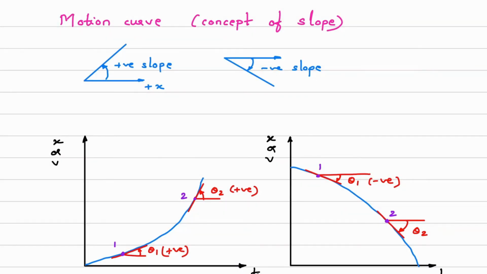So first we will see the concept of slope. When the x-axis is given, we have the positive x-axis and a line has been given. When you calculate the slope, if you take the angle in the anti-clockwise direction, that slope is positive. And again we have the positive x-axis and this is a line given. What will be its slope? It will be negative.